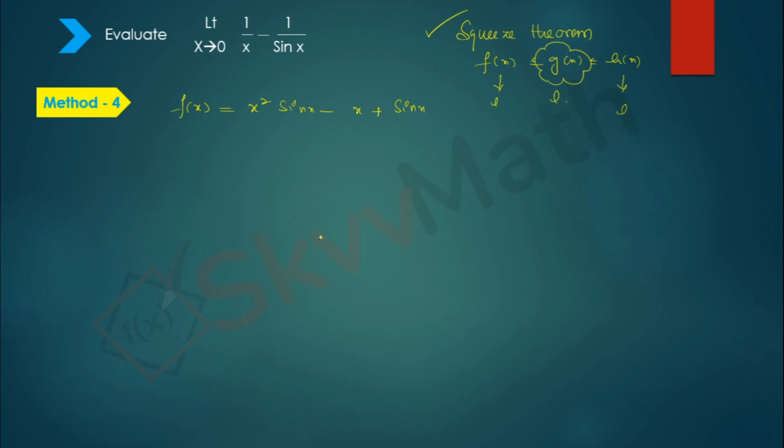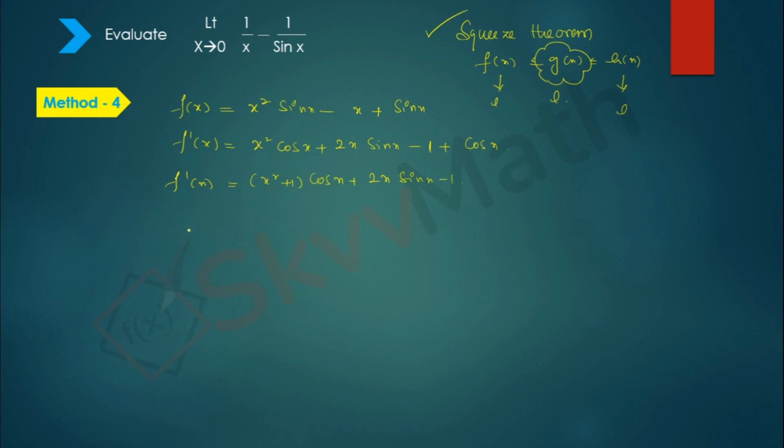First we are going to establish an inequality, and with the help of the inequality, we are going to find the limit value of this. For that purpose, a function f(x) = x square sin x minus x plus sin x is defined. Now let us find f dash x, using u into v. The derivative of x square sin x is x square cos x plus 2x sin x, then minus x derivative is 1, plus sin x derivative is cos x. So I got f dash x is equal to (x square plus 1) cos x plus 2x sin x minus 1. It's not possible to say anything about this now.